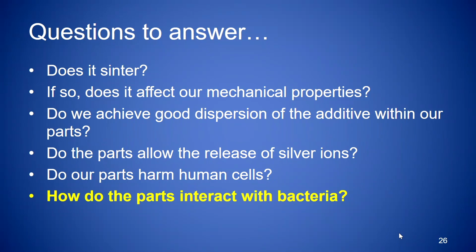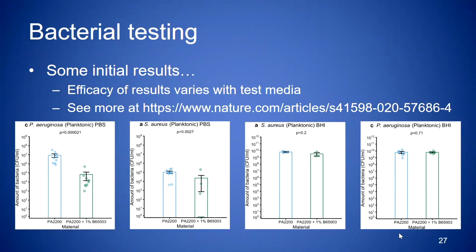And so the final point, and this is the initial work that we've got to at the moment, how do the parts interact with bacteria? Everything and all the evidence in the literature suggests that this should be an approach that should be able to work, but obviously we need to see that in some kind of practical sense. So I've included a link there to the recent paper that we put out on this, but what I really wanted to show you on this chart was